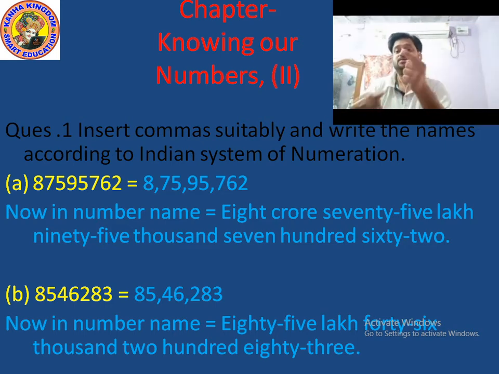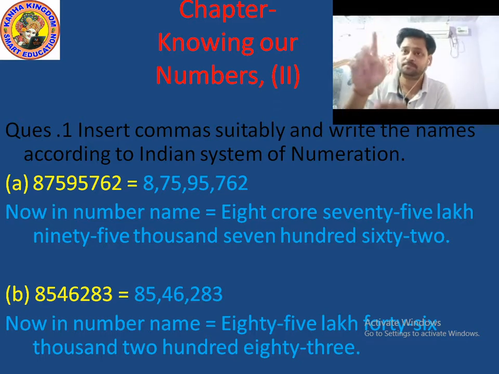Before the third comma, which place value? Yes, 10 lakhs place value. And which digit is in the 10 lakhs place value? 7 is in the 10 lakhs place value. And just before 7, which digit? 5. So which two digits are in the lakhs period? 75. How can we read 75? 75 lakhs. Clear?